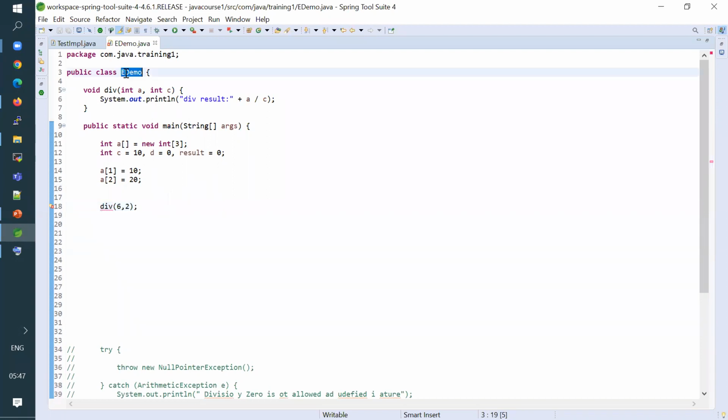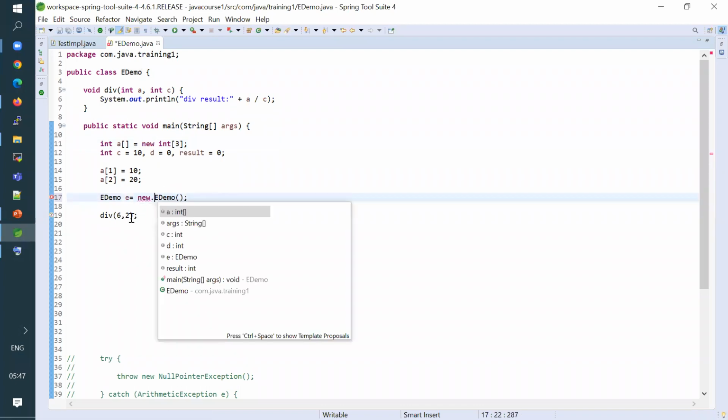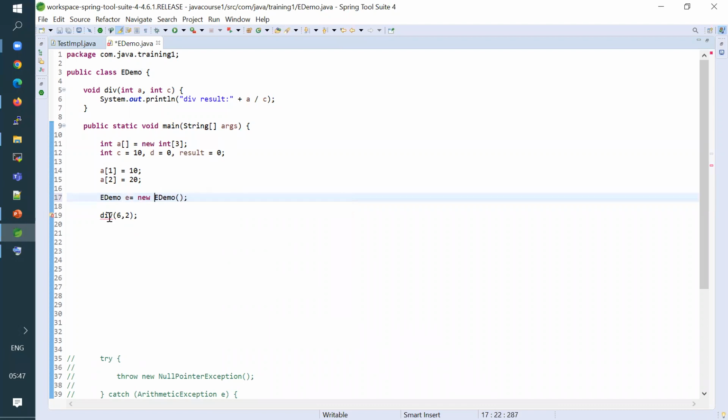Since this is an instance method of class eDemo, I need to create that instance. Okay, so this is how it is.